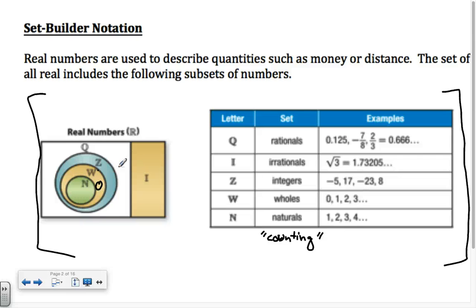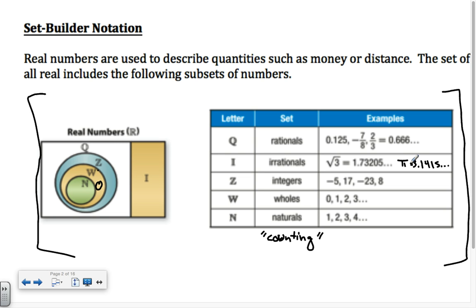And then once you got into high school, you started learning that there are numbers out there that are not nice, and they're not integers. There are decimals, and then there are really ugly decimals, and so those get broken down into two sets. The first one is the irrational number set. If I take the square root of 3, I get a really gross decimal. The first irrational number you probably ever learned about was pi,